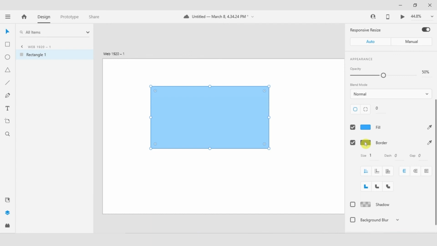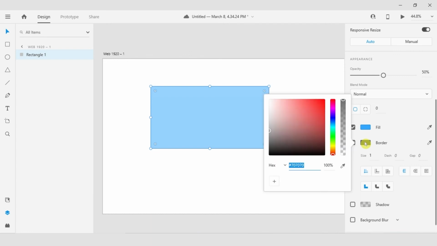To that end, I can come in and define a border. I can come in and select one of the colors that I have here, or using an eyedropper tool, I can go to any other application that's out here. I can go to an image I might have placed on the design canvas and just pick that color, as long as it's something that I can see. I can pick it using the eyedropper tool. We'll go ahead and go with, let's say, this darker shade of blue.